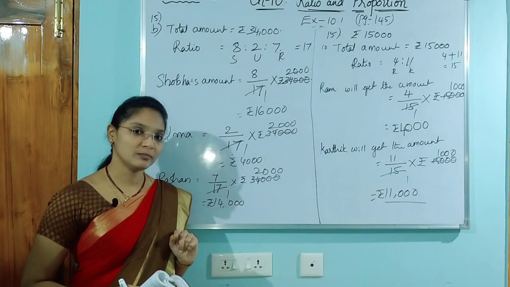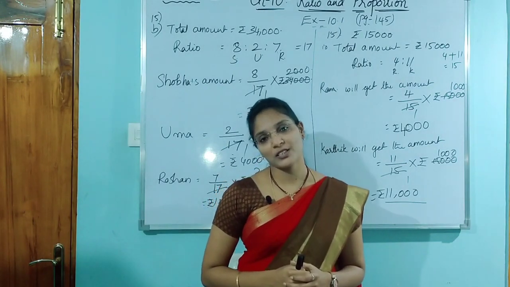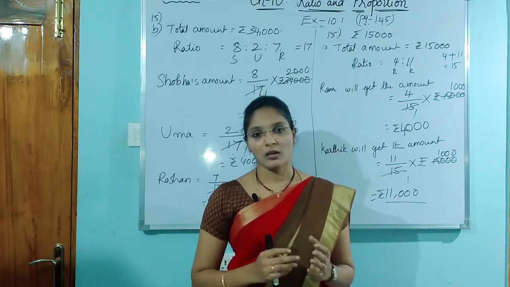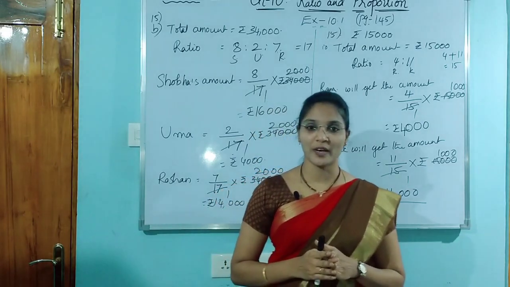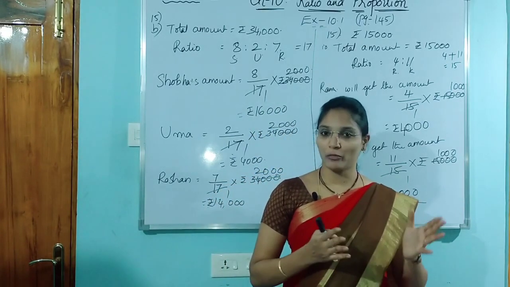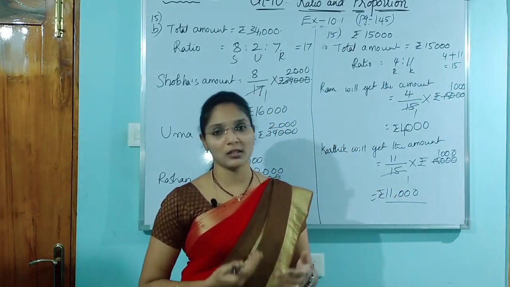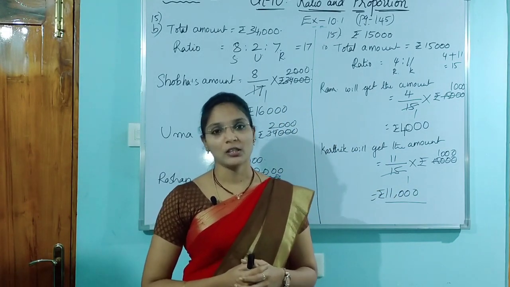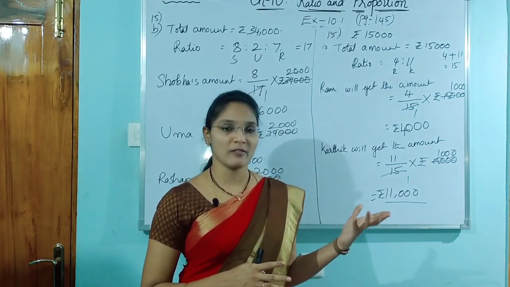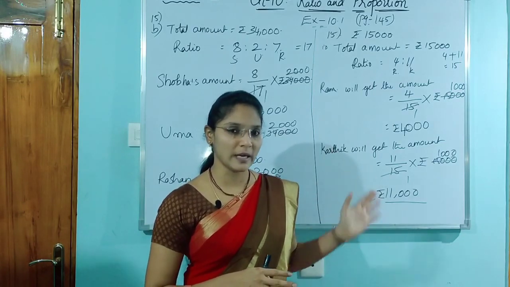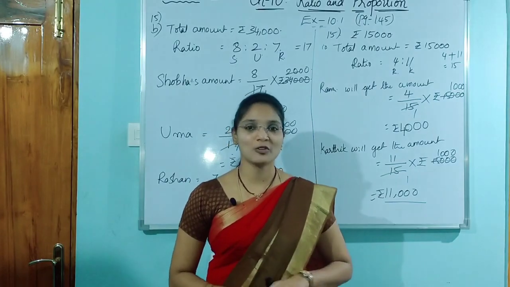Am I clear? So that's all for today, children. We have finished exercise 10.1 today. I just hope you all understood the concepts of ratio and equivalent ratios, finding ratio with the help of data, and finding the data with the help of ratio and with some other information, children. So similar questions are there. One problem I have explained on the board, and one more of the same kind is there. That is your homework. Practice the homework problems.